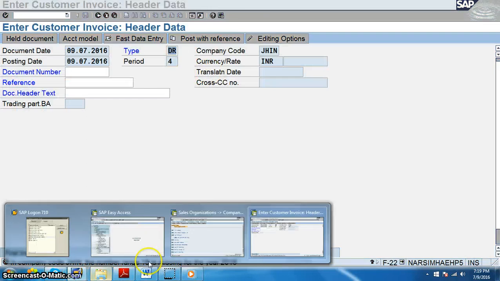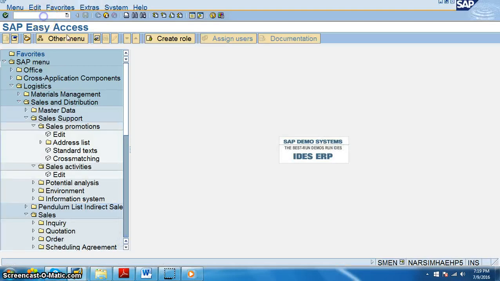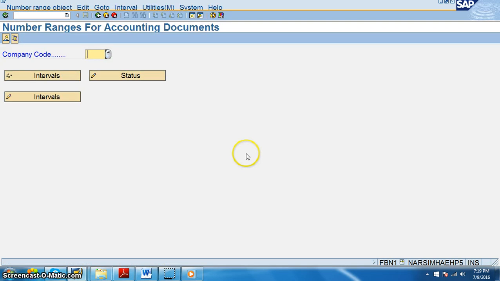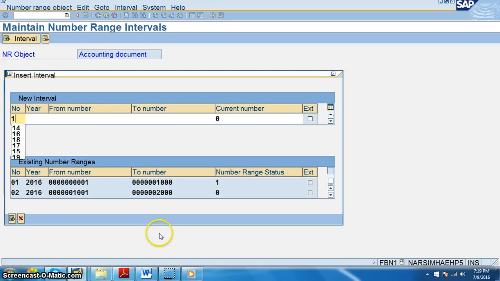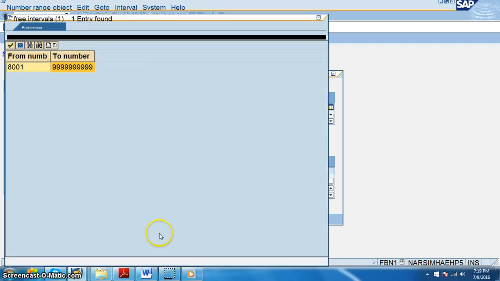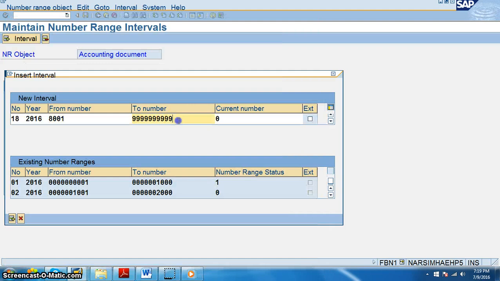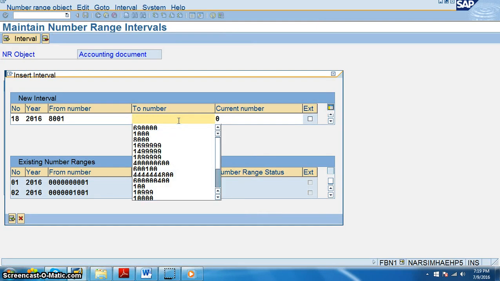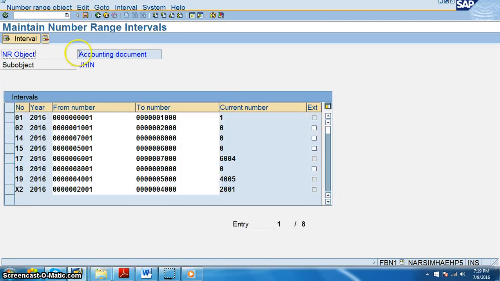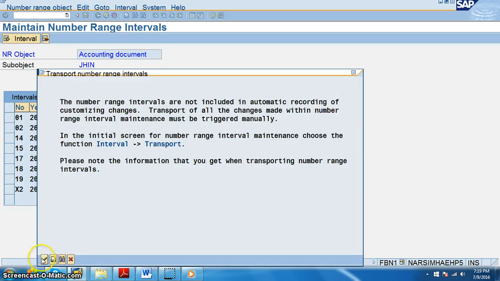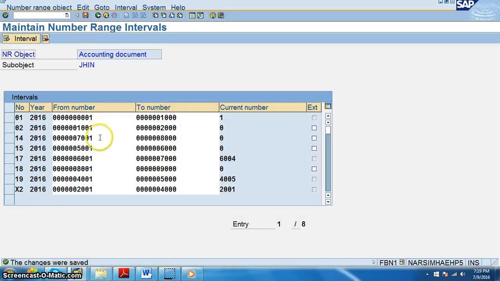Go to FDN1 again. Go back to FDN1. Intervals 18, 2016, and let's take from 800 to 9. Say okay. Save. Now let me